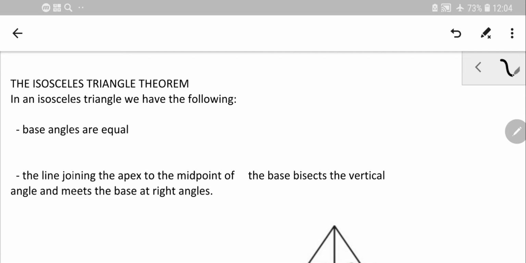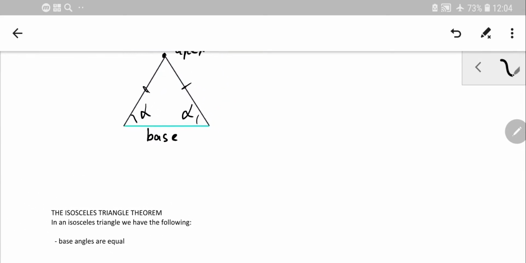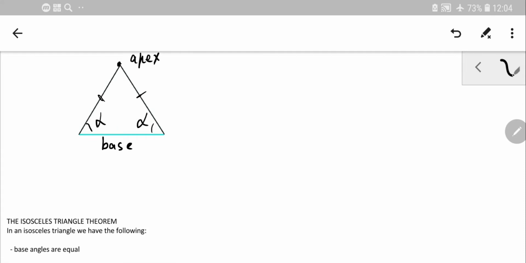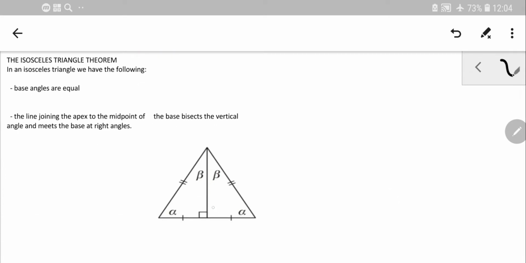In an isosceles triangle, we have the following. Base angles that are marked as alphas are equal. In other words, we can say that the angles here are the same. And the line joining the apex to the midpoint of the base, so the midpoint is here, sort of a median, right, bisects the vertical angle into two equal parts. Bisect means it splits the apex angle into two equal parts, each of beta, and meets the base at